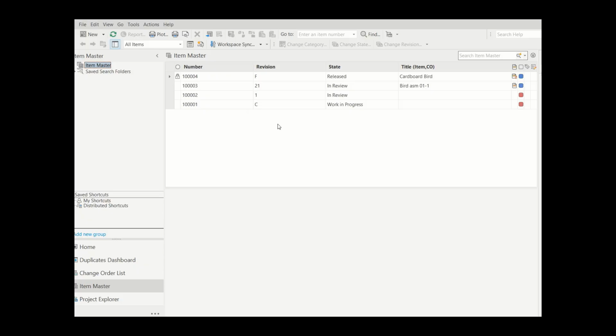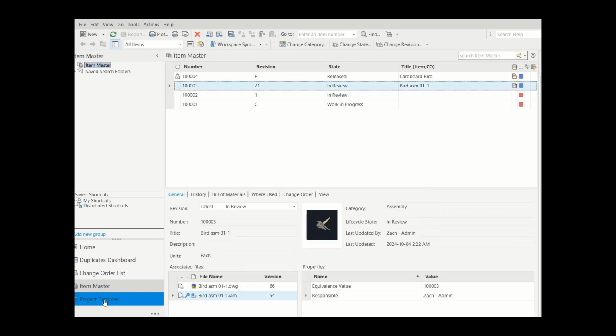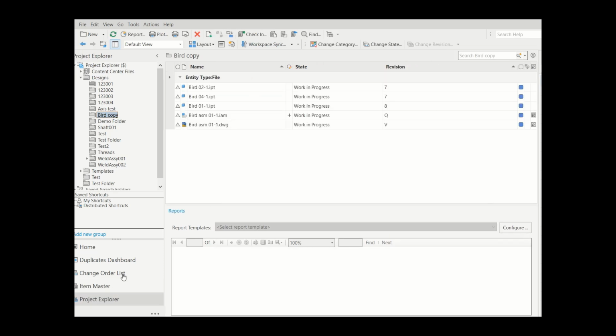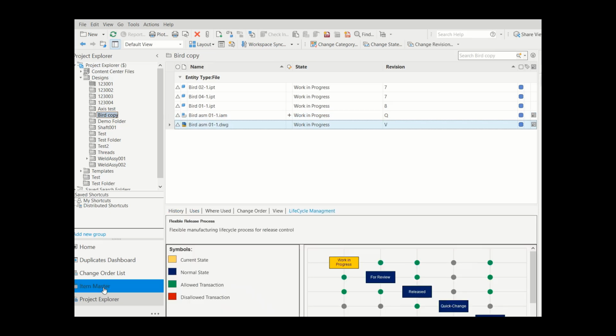The next feature to go over, which we've added to this release, is the ability for when item lifecycles change, they can also change the lifecycle of the files attached to them. So here we have an item that's set to review, and if we go over to the project manager, we can see these are the two items attached to it, and they're in work in progress right now. And in the item,